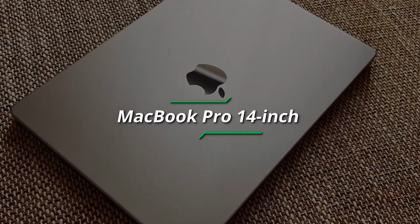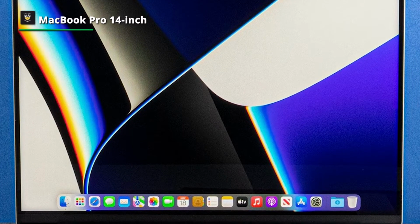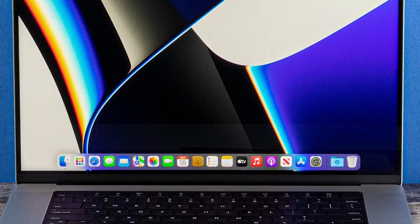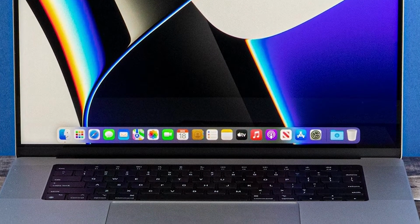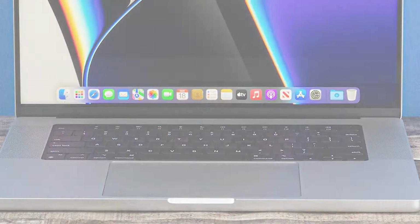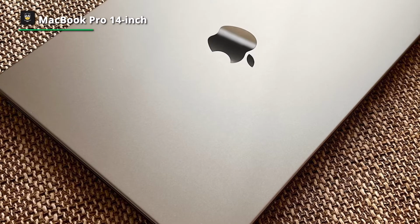Number 2. MacBook Pro 14-inch. The MacBook Pro 14-inch 2021 is the best laptop for creative professionals you can buy right now. It offers amazing performance. The MacBook Pro 14-inch 2021, the smaller of the two new MacBook Pros that Apple recently unveiled, is officially out in the world, and its big debut hasn't disappointed. Powered by a choice of the M1 Pro and M1 Max, Apple's most impressive chip so far, this is hands down the best laptop for creative professionals we've ever tested, combining the best form and power that Apple can muster